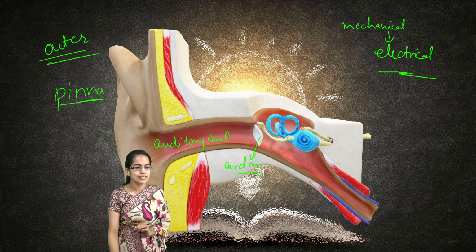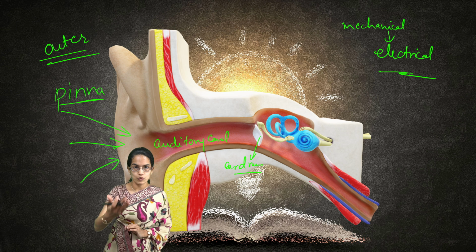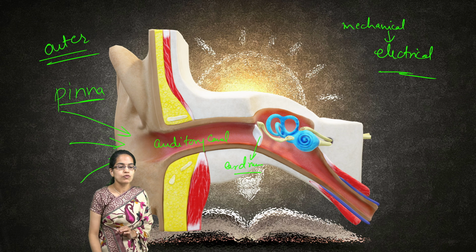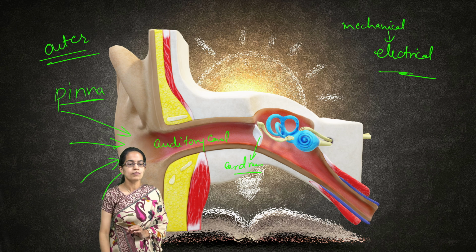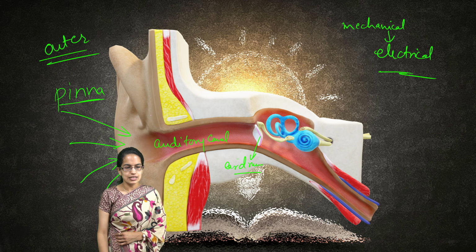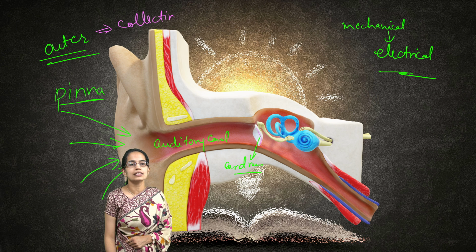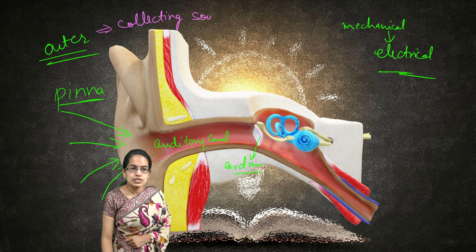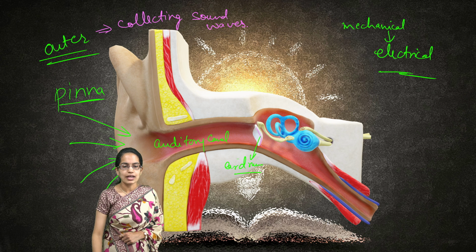Now, what happens is, we are here listening to something. As you are listening to what is being said here, what would happen? All the sound waves are getting collected through the outer ear, moving through the pinna, auditory canal, and finally reaching the eardrum. Now, as it reaches the eardrum, this whole outer ear has a function of collecting the sound waves. Now, the next function is a function of amplification. This amplification is done by the middle ear.